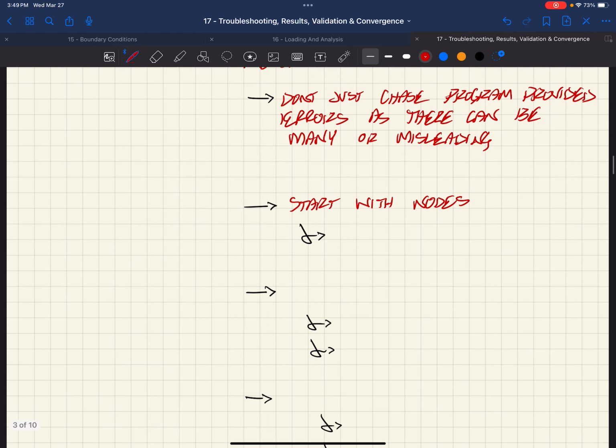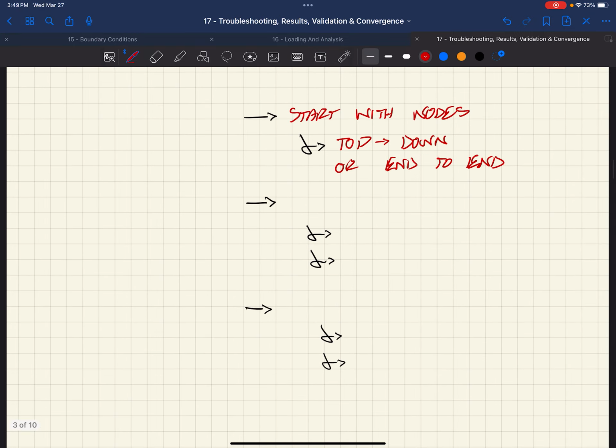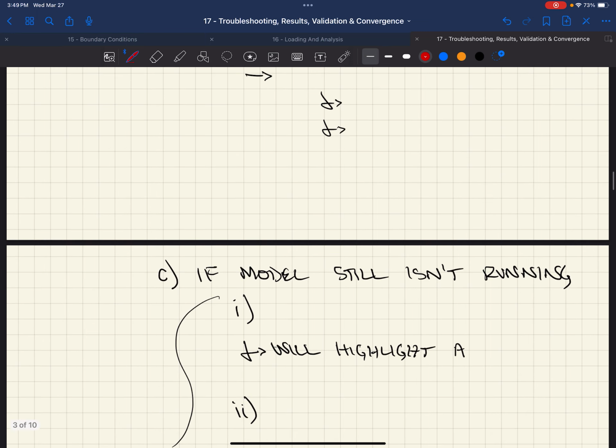Right? And be systematic, right? So you can do top down, right? Or end to end of your model, right? And reevaluate boundary conditions on those nodes, locations of those nodes, whether those nodes are attached to anything. I'd say one of the biggest things, I'll make a note down here, is that the find tool